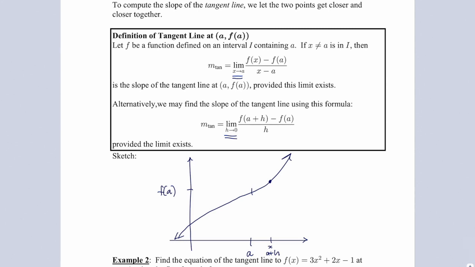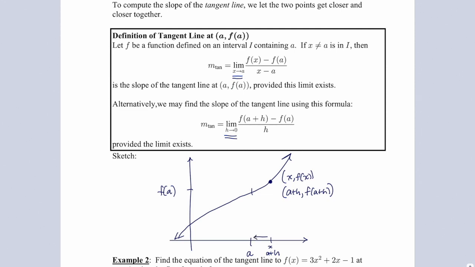And this point then up here is either x, f of x, or a plus h, f of a plus h, right? And whether we say x is approaching a or h is approaching 0, we're going to be